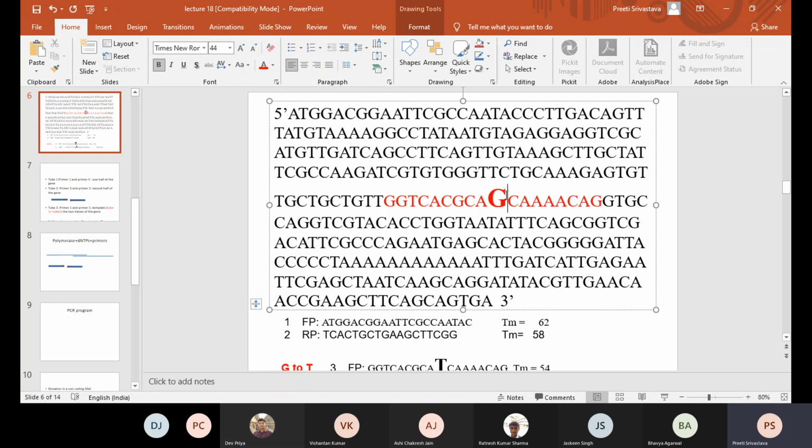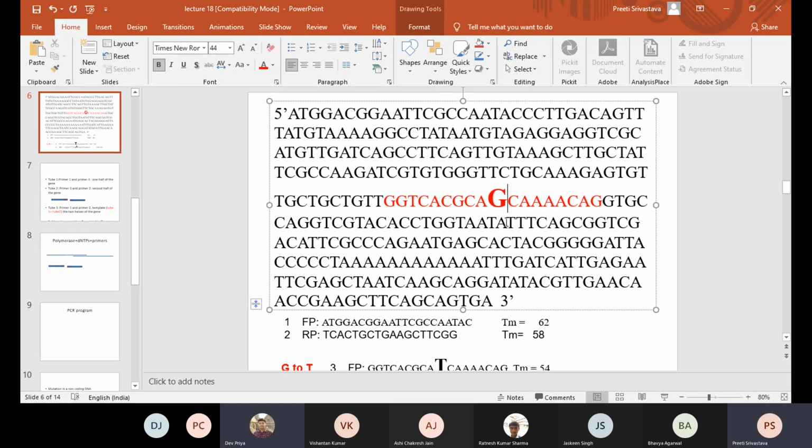And for example, another situation where you want to insert a codon. Let's say you want to insert a CAT sequence. Insert, not replace. Insert where? Here, where my cursor is, after G. Okay, so a similar thing that we have done here. You're going to incorporate it in both the forward and reverse primer and take care of the complementarity and then use it the way I have taught you.